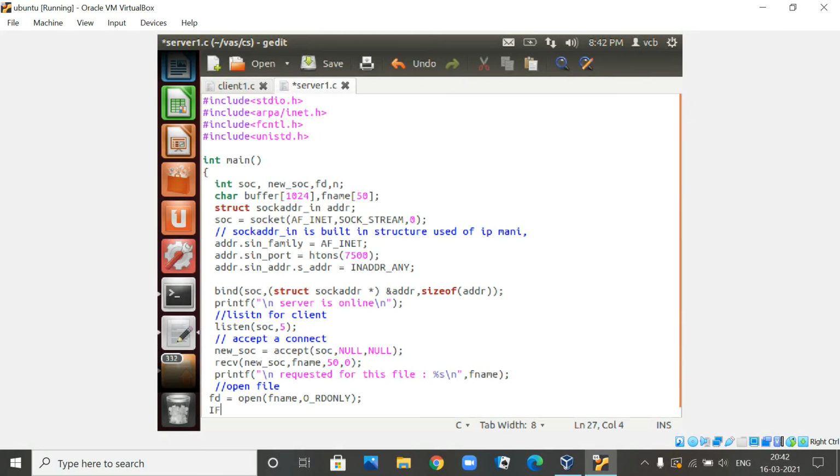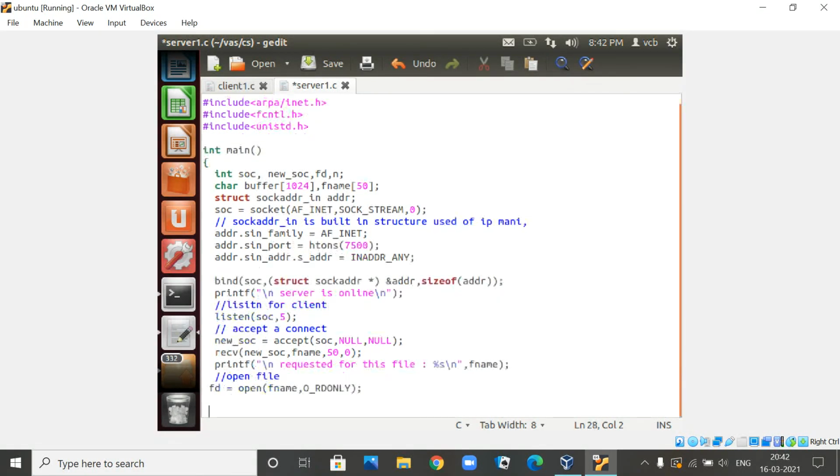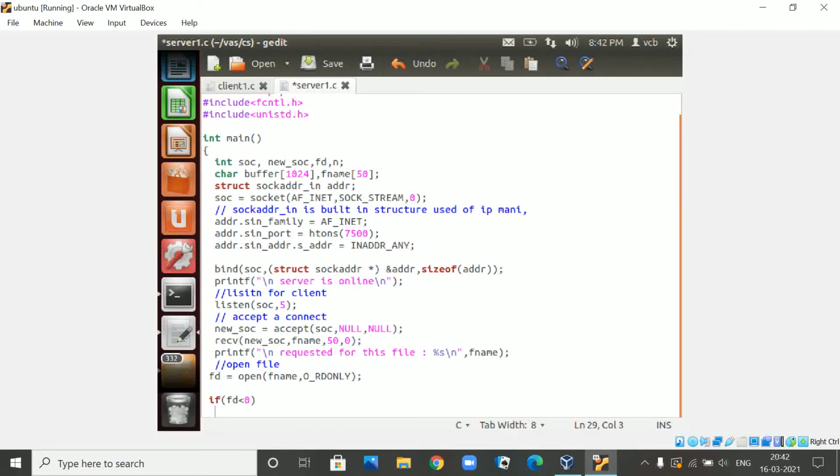Next, if the file is not present, because the client has given some file and the server is going to search for that file, then the file descriptor will be a negative number. So you are going to check that. We will put a condition: if this file descriptor is less than 0, the server will send one message to the client.